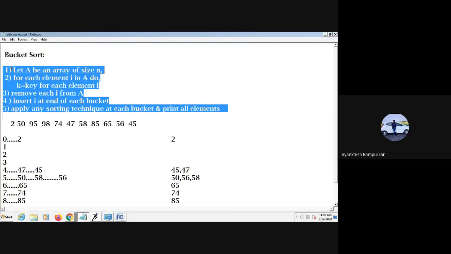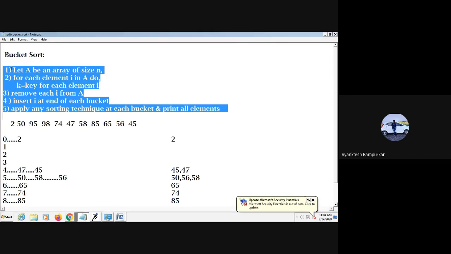This is about bucket sort. And what about radix sort? In a radix sort, we first accept an array of size n. Then for each element I, we do the following, where I varies from LSB to MSB, we apply any sorting technique and we sort the entire array.